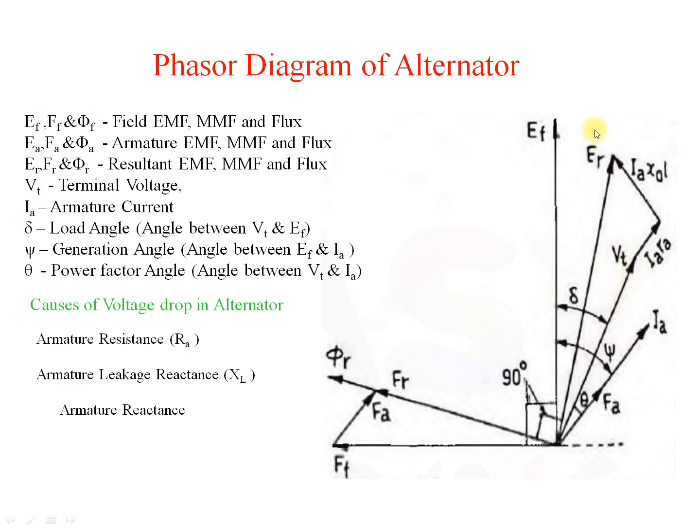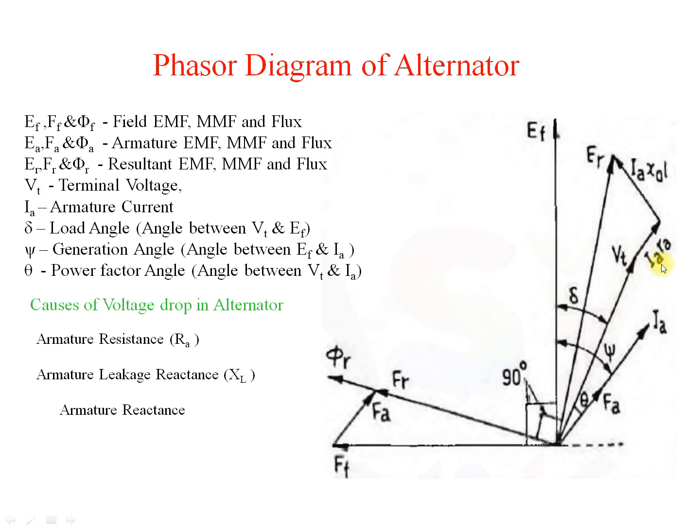Also, this is the resultant EMF which is produced in the alternator, but we will have some drops. The drops are the armature resistance, which is one drop, the armature leakage reactance, which is another drop, and the armature reactance. The armature resistance is the resistance in the armature, which leads to an I squared R loss, or the IR drop from the flow of current in the armature. That drop will be given as IARA, which will be in phase with this IA.